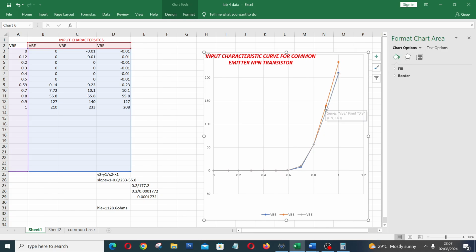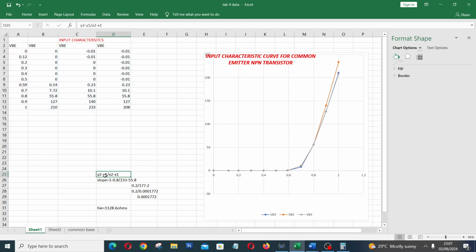Then if you take, let's say you are using this point, for example, now this is the second point, you have seen it as 0.8, 55.8, that is 0.8 on the x-axis and 55.8 on the y-axis. So if you go to this place, y2 minus y1 over x2 minus x1, that will be your change in VBE over change in IB. So from there, 1 minus 0.8 over 233 minus 55.8 will give you 0.2 over 177.2, and 0.2 over,